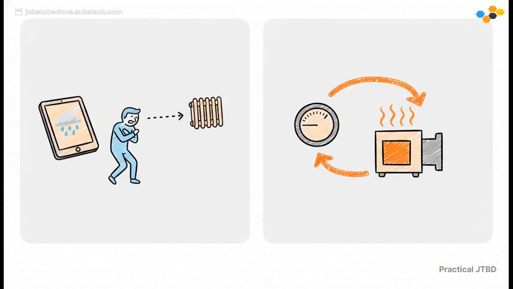Your dashboard is a weather report. It tells you, hey, it's raining, but you still have to get up, find a raincoat, and decide what to do. A thermostat is different. It senses it's getting cold and automatically turns on the heat. It doesn't ask for permission, it closes the loop. That's what our business systems need to start doing.